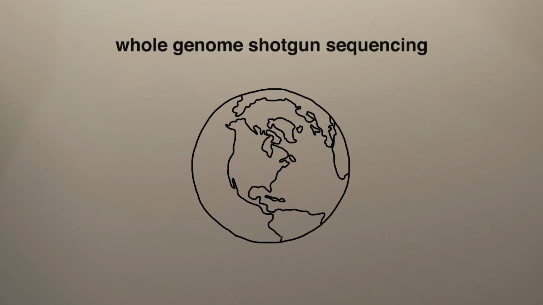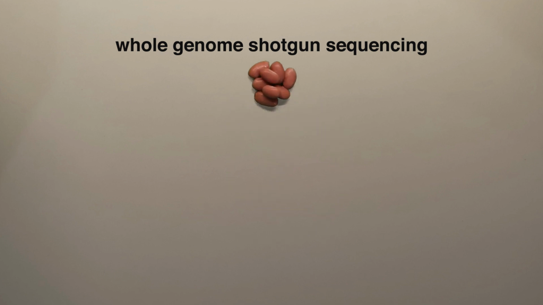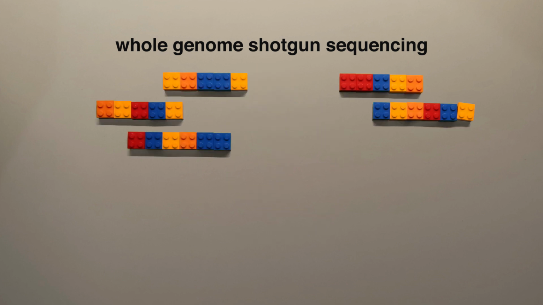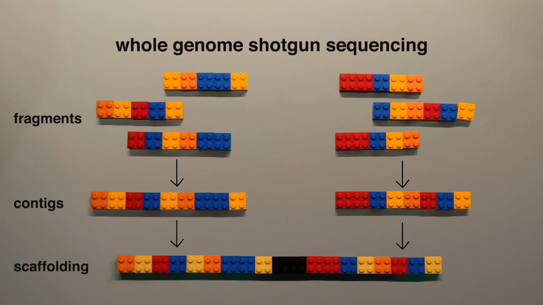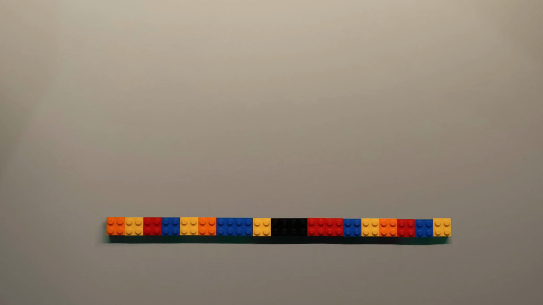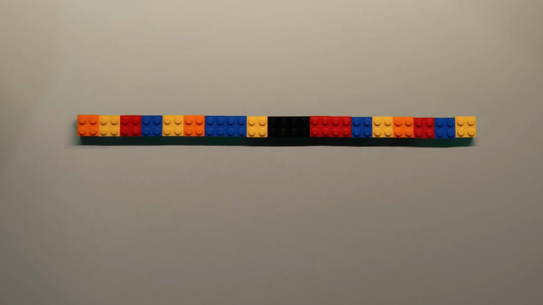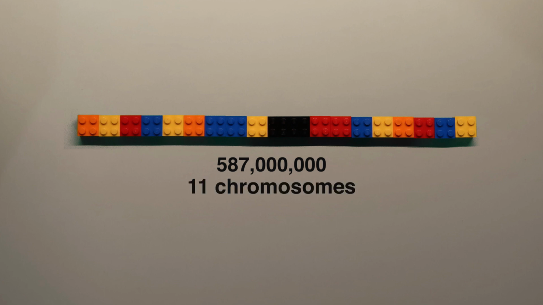Schmutz and McLean carried out a process called whole genome shotgun sequencing, using common beans from the Andes region of South America. A number of short, sequenced DNA fragments from different positions on the bean chromosomes were aligned into overlapping regions called contigs. The gaps between these contigs were then filled by scaffolding. The result of this was a continuous representation of the DNA of the common bean, containing 587 million bases arranged into 11 individual representative chromosomes.